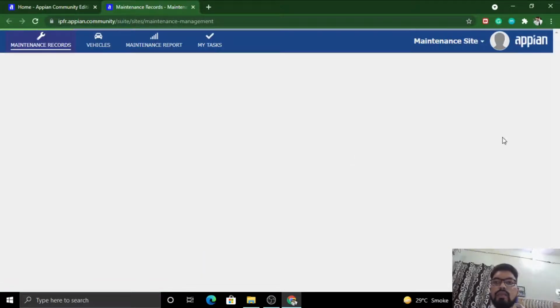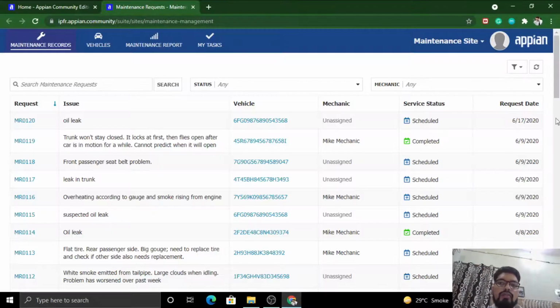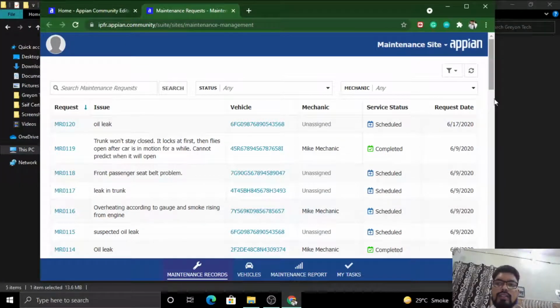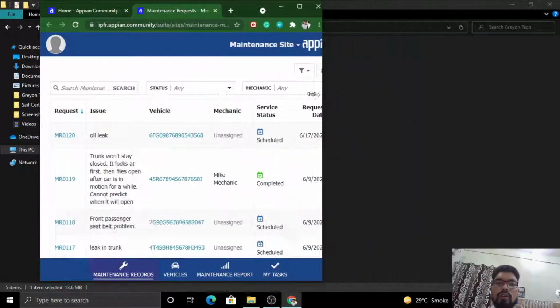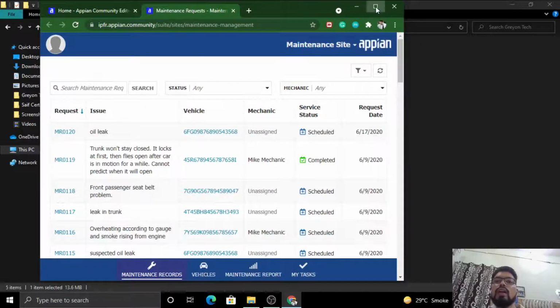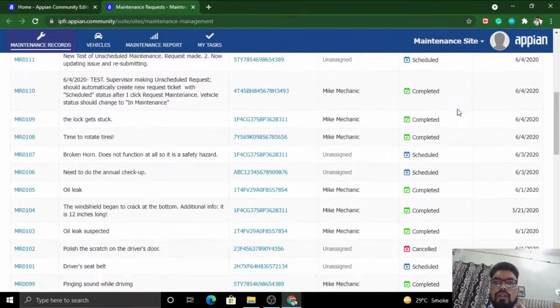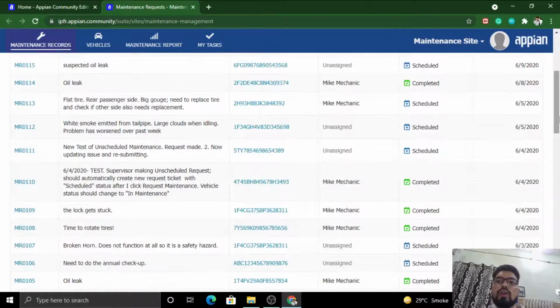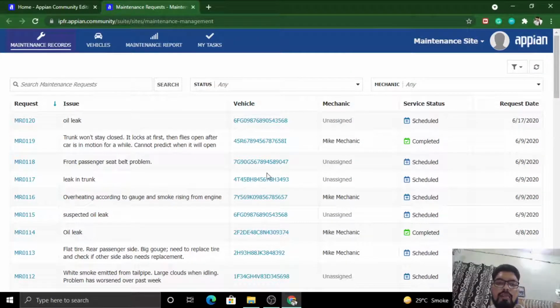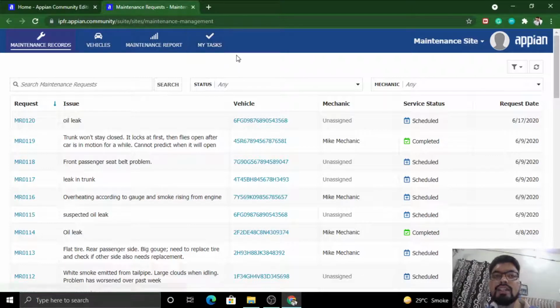This is called the maintenance site. So this is an APN site, and let me give you some of the hidden features of this site. While developing the application, you don't have to take care of your browser size, first of all; the objects will be resized automatically. And based on your browser width, if you are accessing this site on a tablet, it will adjust the components automatically. APN does it by its own backend mechanism.